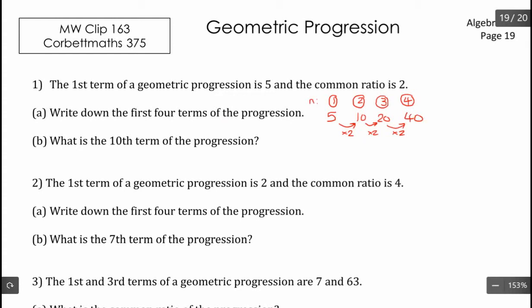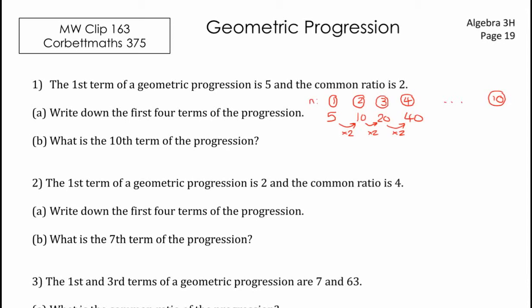And the 10th term of the progression, this is not too bad to keep on just multiplying by 2, so I'd probably do it that way to get to the 10th term. And to do that, I'd have to multiply by 2 6 more times, so the 5th term would be 80,